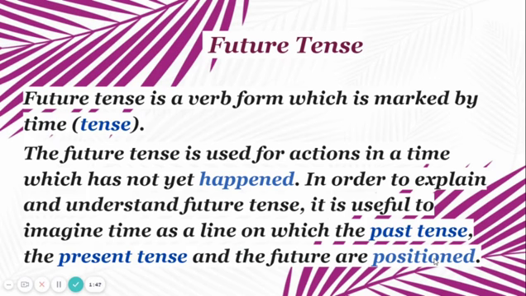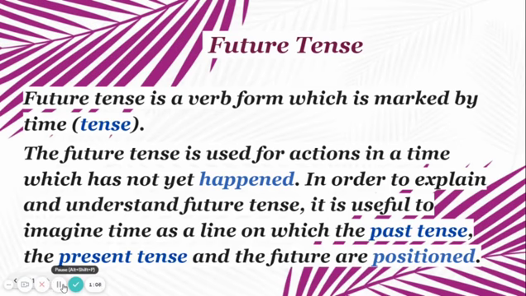Keep this in mind, it will be very effective and useful in the rest of your English classes. The future tense is used for actions in a time which has not happened yet. Present tense says what is currently happening. What happened before denotes the past tense, but what has not happened yet denotes the future tense, as you all understand. In order to explain and understand future tense, it is useful